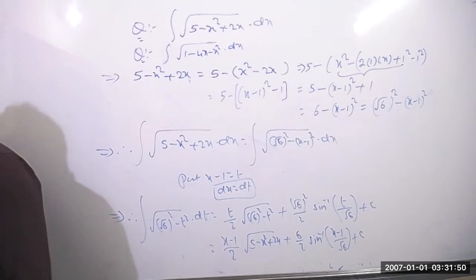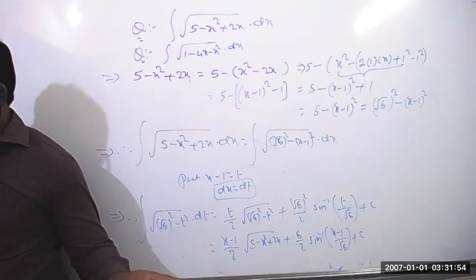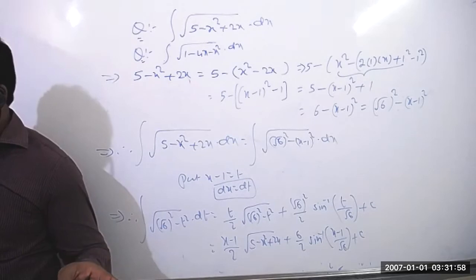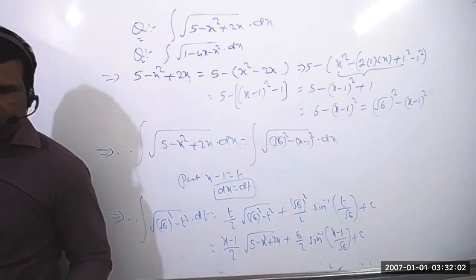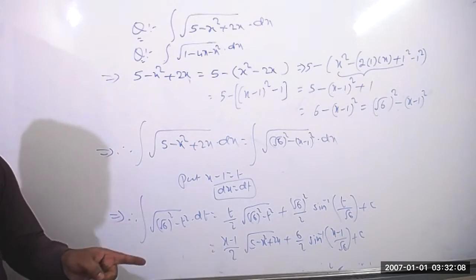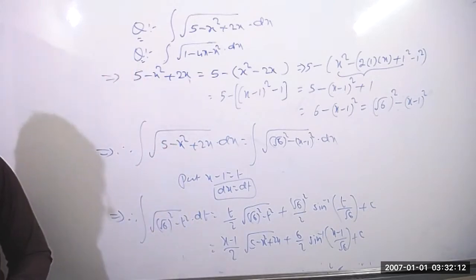From last I will ask you, compulsory we have to say the answer, because the same model, we know the formula. Integration of root of a square minus x square dx equal to x by 2 into root of a square minus x square plus a square by 2 into sin inverse of x by a plus c. That is the formula we have. So by using the same formula, you can solve this, with the same method, same procedure.